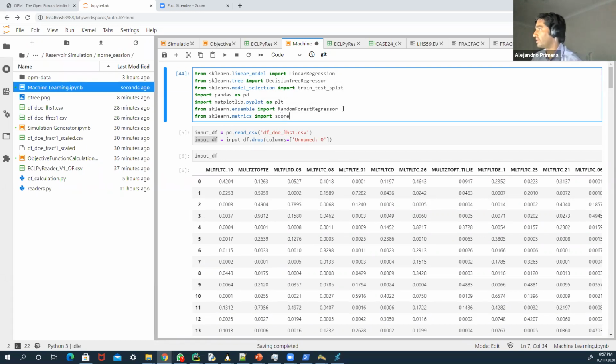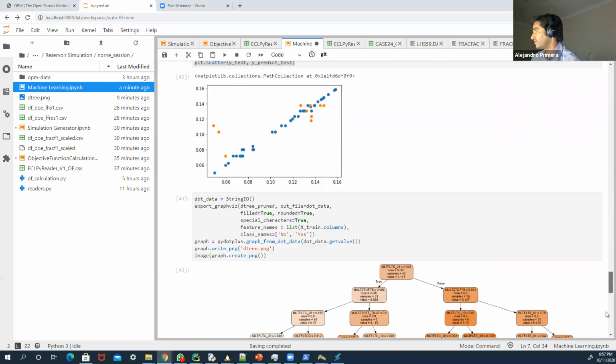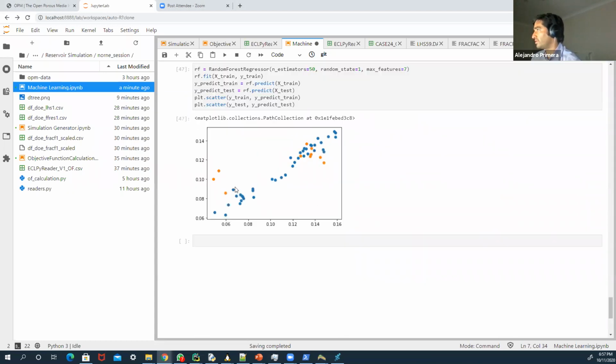I think there is a score. Let me see, just a second. There is a score on the model itself. I think there is a model score. I think if I do rf dot score,